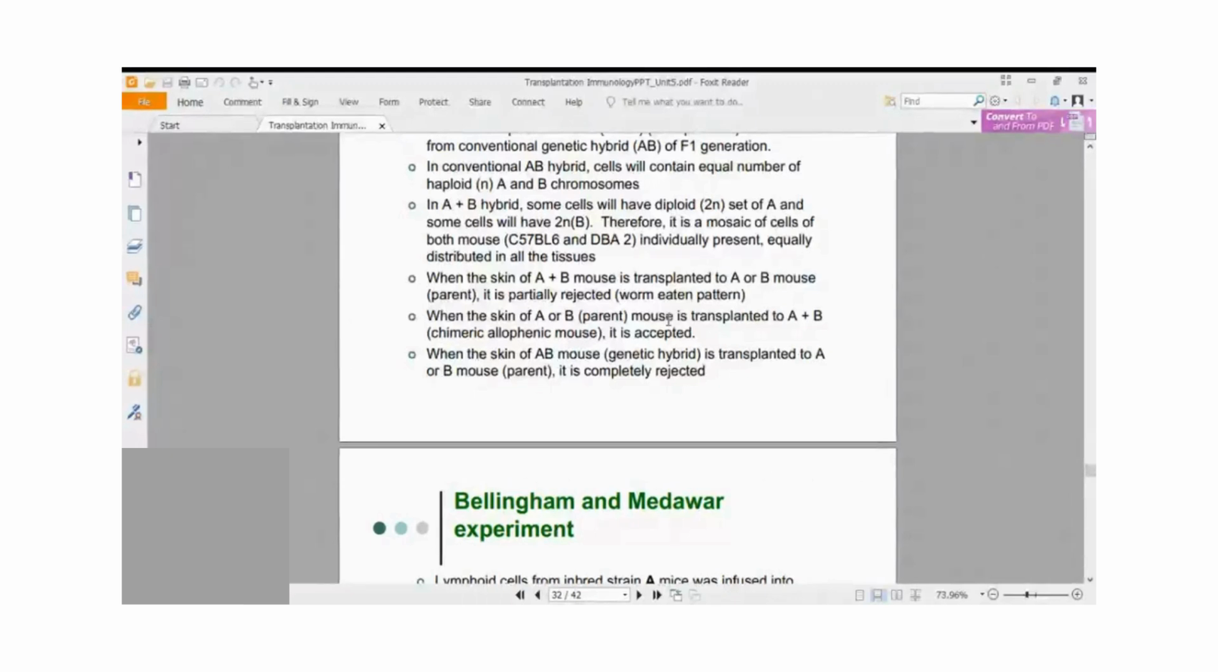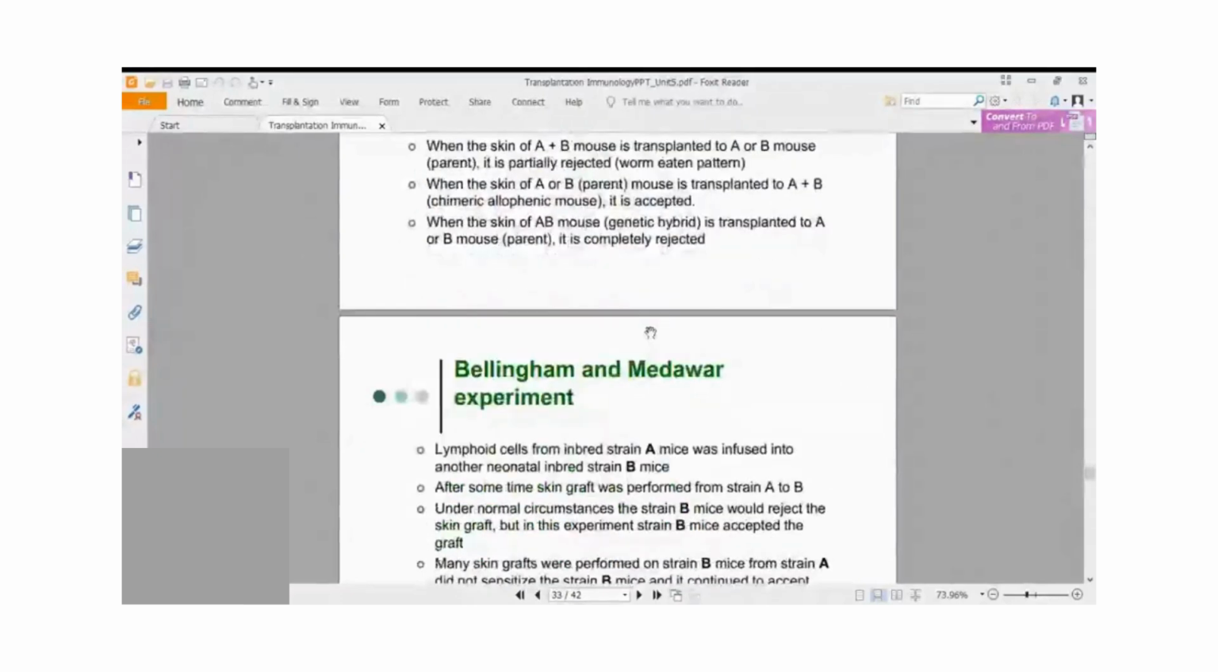Okay, then the Nobel Prize winning work was done by Billingham and Peter Medawar. In the Billingham and Peter Medawar experiment, we will go back to the same A and B mice, but here the experiment is different. What they did was, they inbred these mice and they in fact transferred